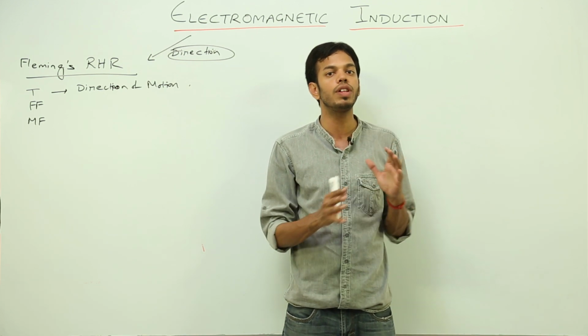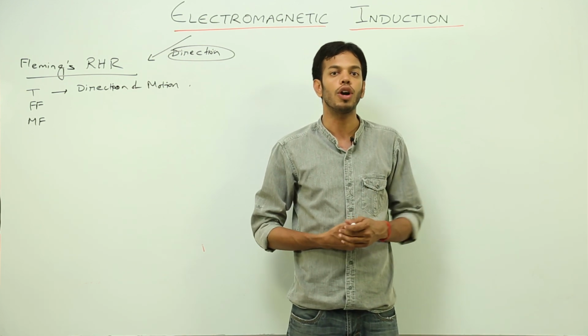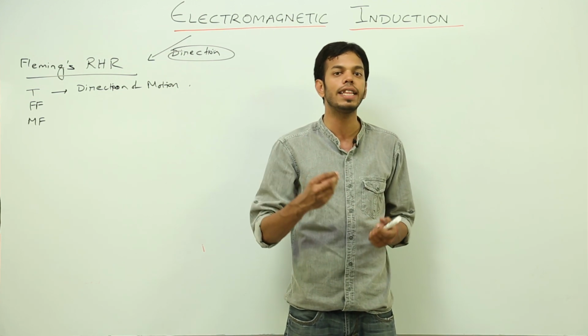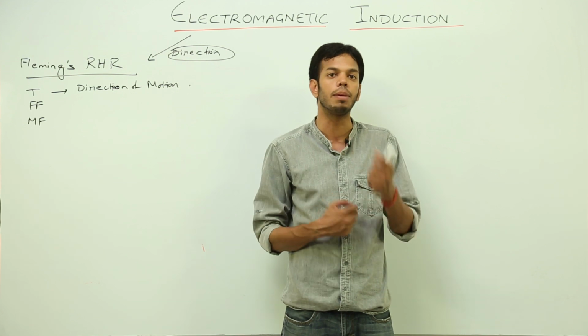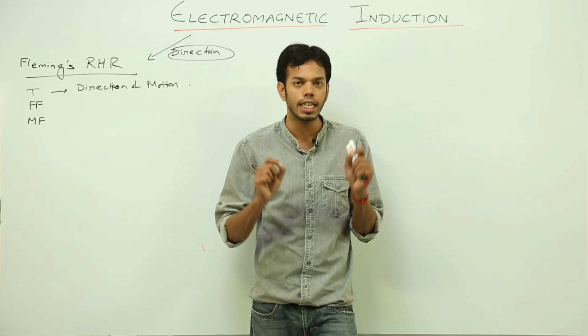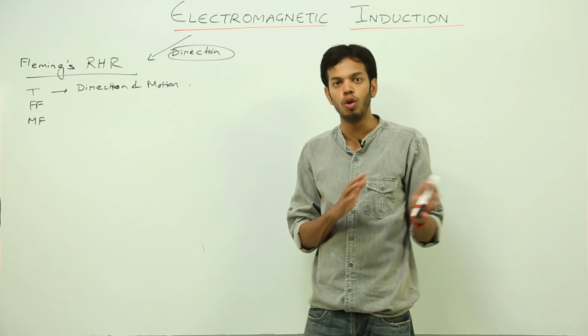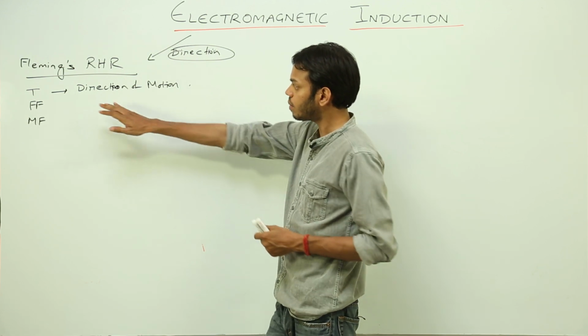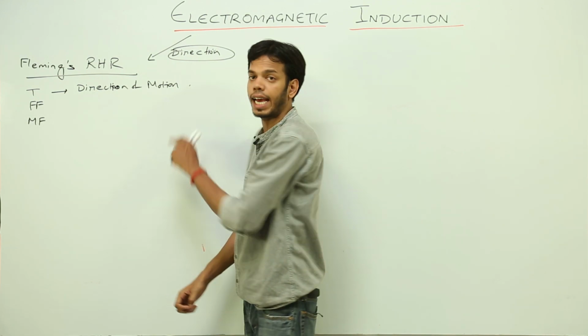We are not going to move the magnetic field or the source. What we can do is rotate the coil itself, because that is more convenient. We can change the number of loops, we can increase the area of the loop, we can do anything with that. That is why we do not move the magnet. So when I was doing this, I was explaining this thing, that the direction of motion